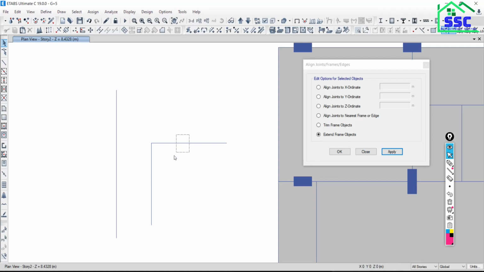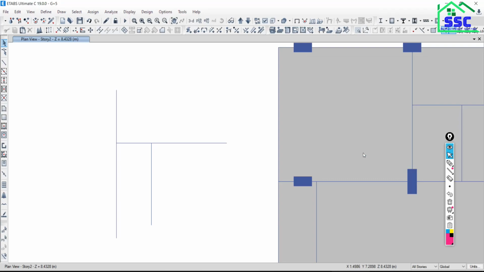Why? Because again select this frame, then select frame and define the joint also. About this joint I would like to extend my frame. Now say apply. So the frame first you have to select, then you have to define the joint. First select the frame, then define the joint. About this joint I would like to extend, and up to this frame say apply. Is that okay? Yes, sir. So this is about how to trim and how to extend the frame. Is that okay? Okay, sir.